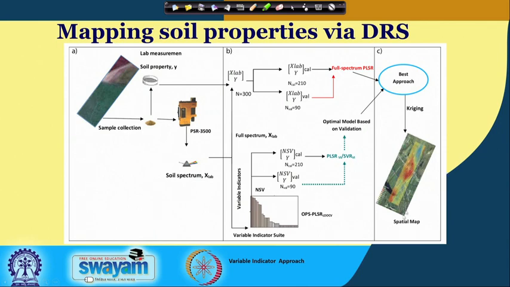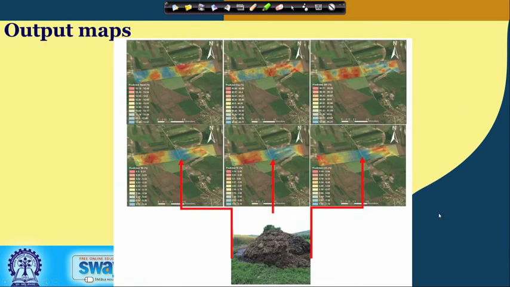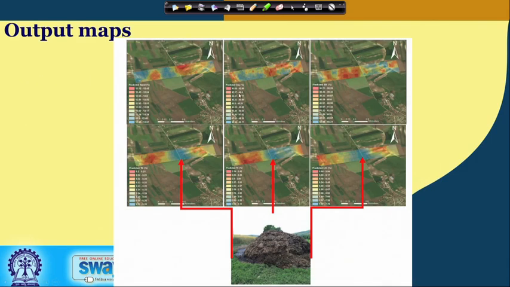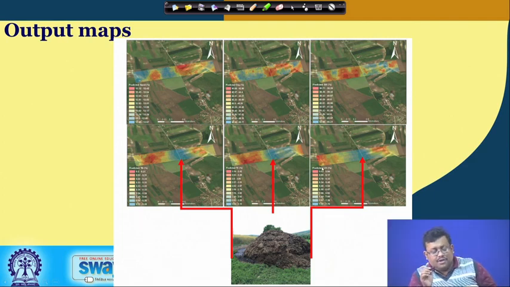So, you can see here we are producing the spatial variability maps, or kriging maps, of particular soil properties. Actually, we have produced maps of total carbon, and this is a map of sand, and then a map of clay, and then a map of silt, and then total nitrogen, total carbon, and loss on ignition method of soil organic carbon. So, you can see we have produced all of these maps using these combined variable indicators as well as